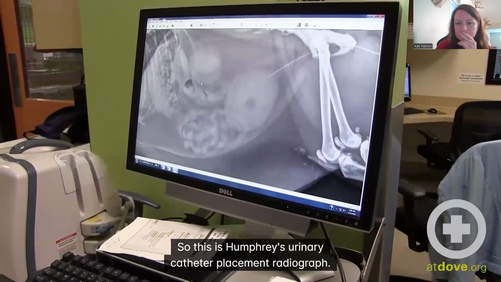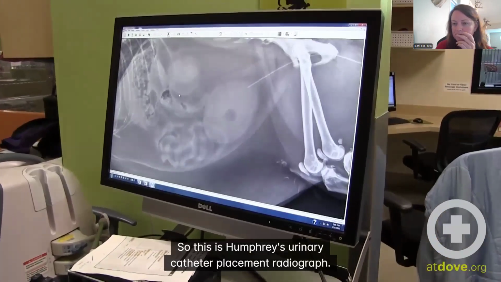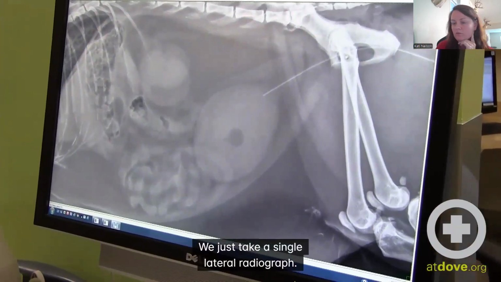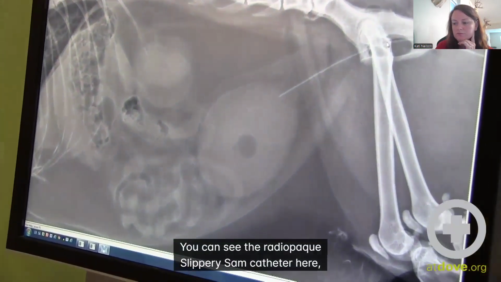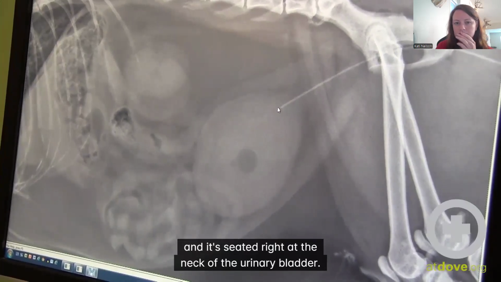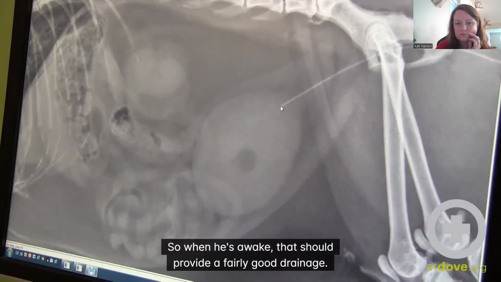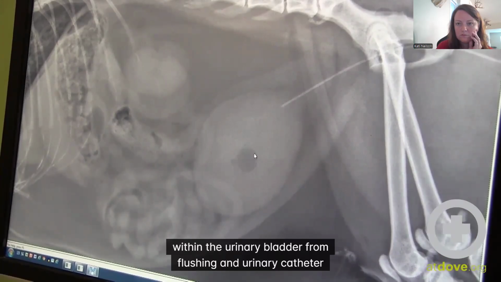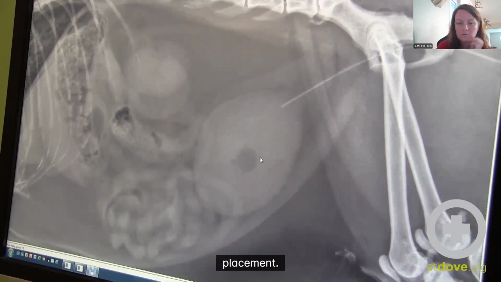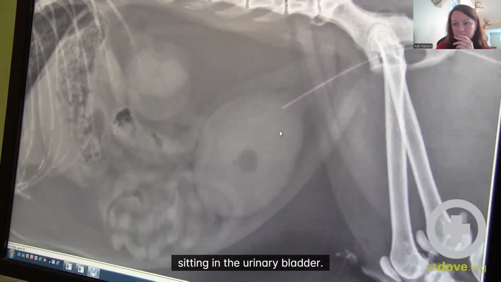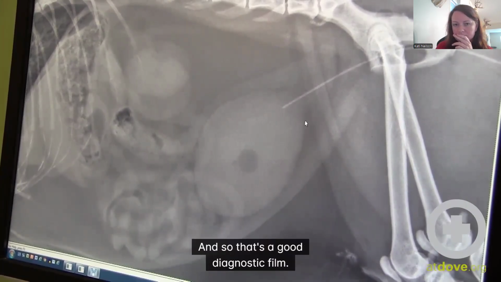So this is Humphrey's urinary catheter placement radiograph. We just take a single lateral radiograph. You can see the radiopaque slippery Sam catheter here, and it's seated right at the neck of the urinary bladder. So when he's awake, that should provide fairly good drainage. You can see there's an air bubble centrally within the urinary bladder from flushing and urinary catheter placement. I don't see any obvious radiopaque uroliths sitting in the urinary bladder. And so that's a good